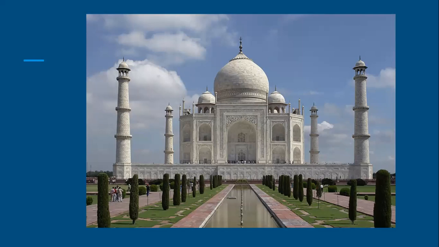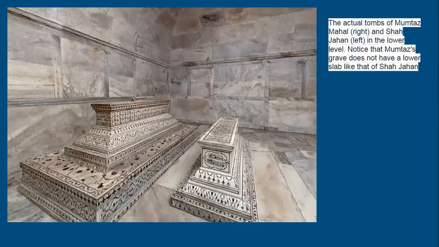There are 4 minarets. So पीछे 2 minarets हैं, सामने 2 minarets हैं. And Petra Dura work is very profound on the marble of Taj Mahal. And we all know that this has been built in the memory of his loving wife Mumtaz Mahal. So this is the actual mausoleum or tomb. Taj Mahal is basically a mausoleum because it houses the grave.